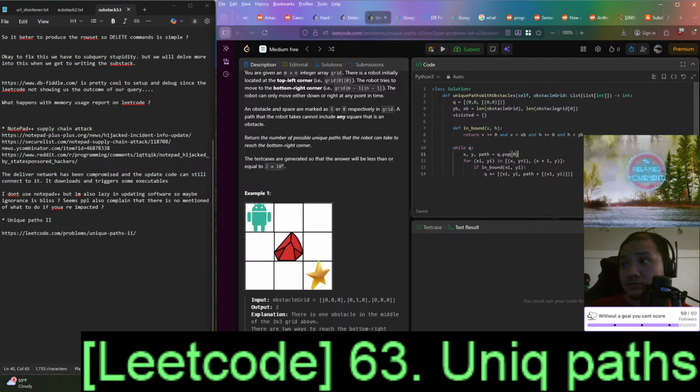So if the x and y equal to yb minus 1, xb minus 1, then basically we found a path, right?